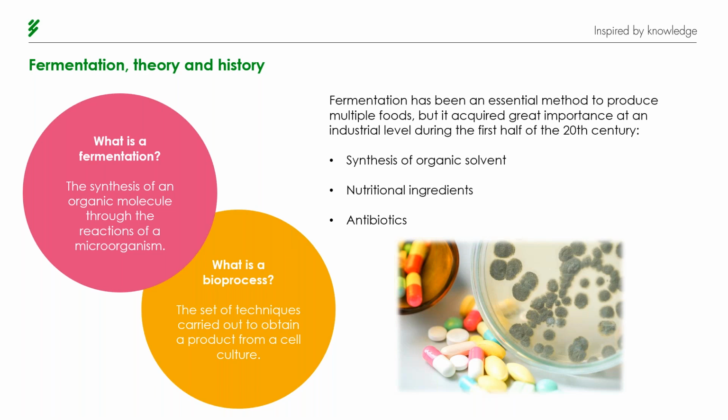Then about food or additives, there is citric acid. It began to be marketed in the 19th century, and it was obtained from lemons. But since 1919, it has been obtained by fermentation through Aspergillus niger. And the last and best example for this presentation would be the synthesis of antibiotics. The best known is penicillin, whose golden age started in 1945.